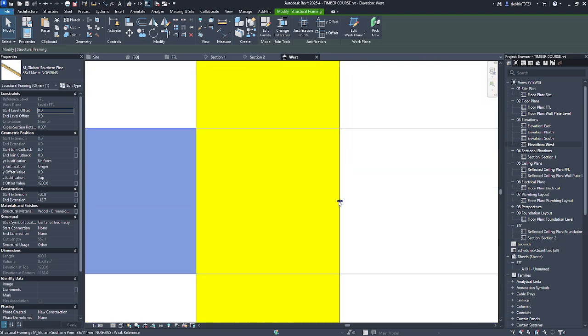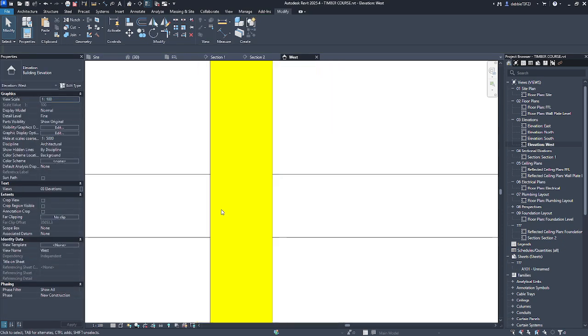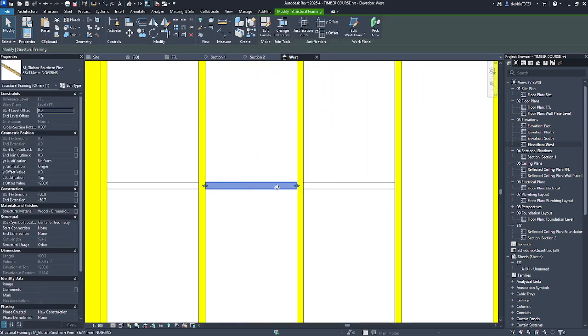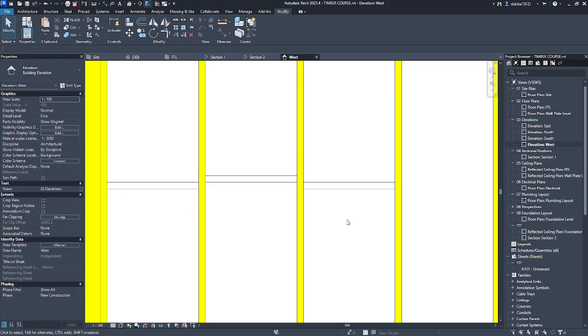But now we need to make sure that we align it. You can just click and drag. This is not feasible like this because you can't get nails in if it's like this. So just go to our Z justification offset value of 1238 so that it's like that.